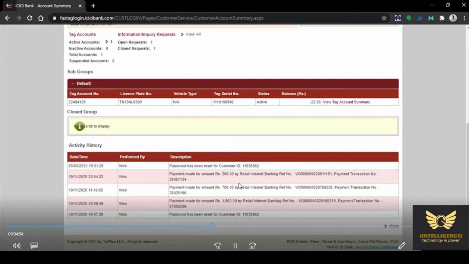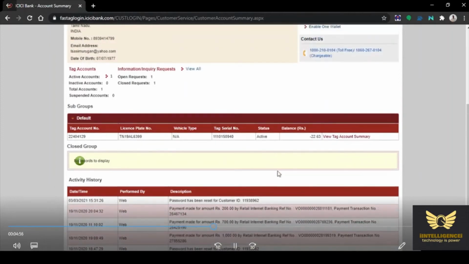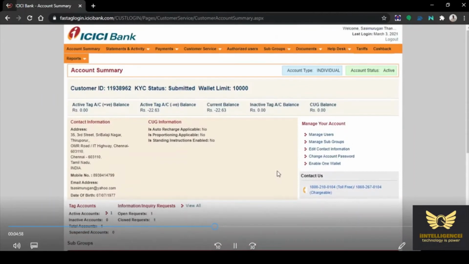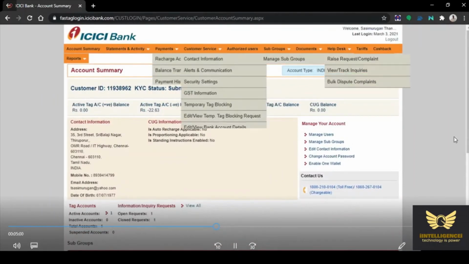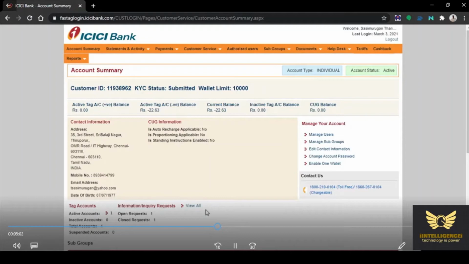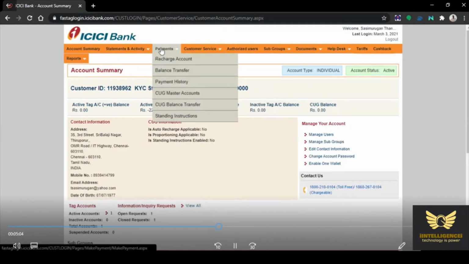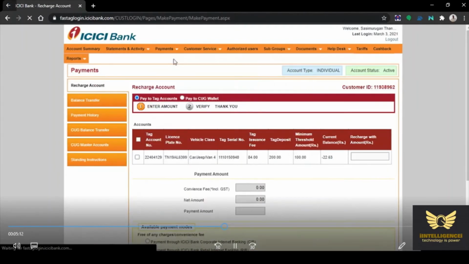Actually, in this account, if the account balance is less than 200, it will be deactivated. Once you recharge it with greater than 200 rupees, then automatically it will be reactivated. So see here, payments, go to payments, go to recharge account, click that.